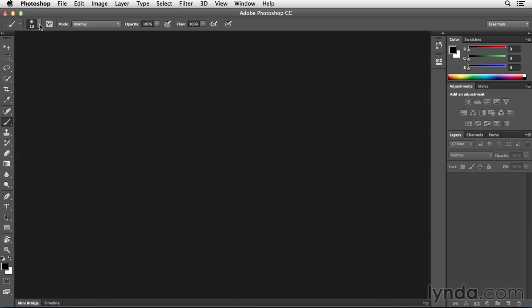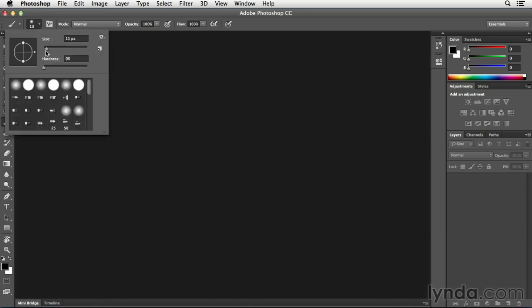And if I click on the downward pointing arrow, you can see that it's very easy for me to change not only the size of my brush, but also the hardness of my brush. And I can even change the shape of my brush. Instead of having a circular brush, I can have an oval. We can see a little update right up here in the preview area. Now, if I want that brush selected, all I need to do is tap Enter or Return in order to